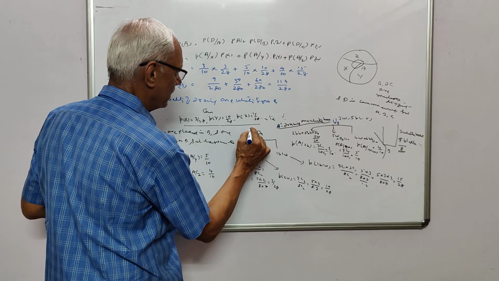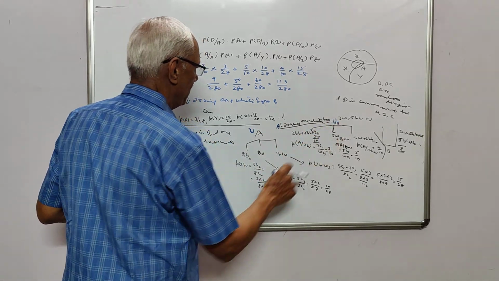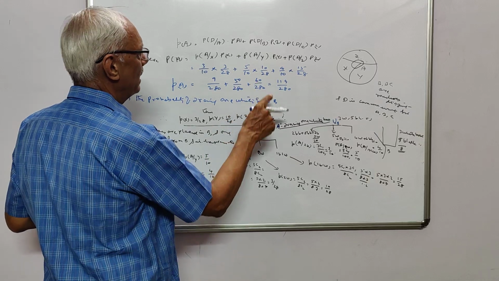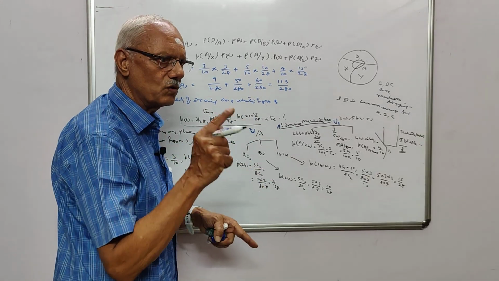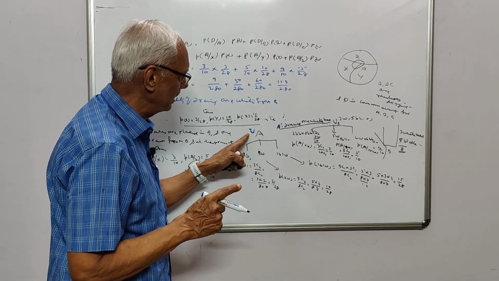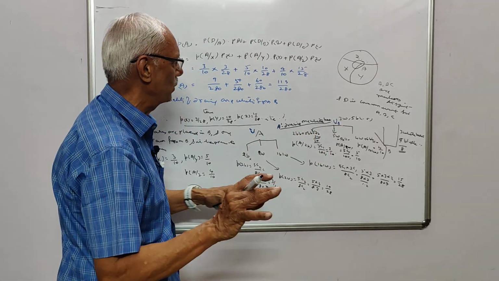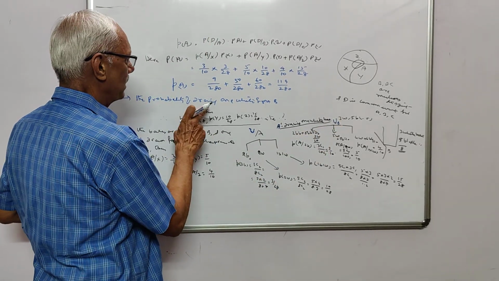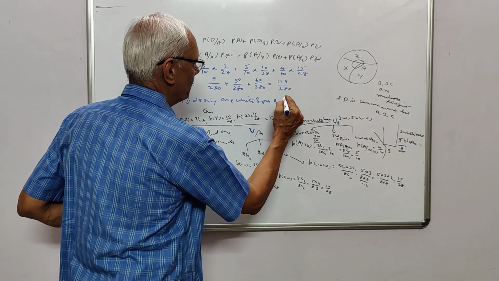So this is your urn, meaning the vessel. This is urn A and this is urn B, and you see that here this A refers to drawing one white ball out. Here UA means urn A, it is the vessel. This is urn B, so do not confuse with that. So you see that the probability of drawing one white ball from B